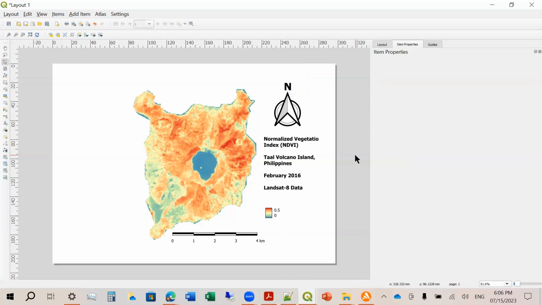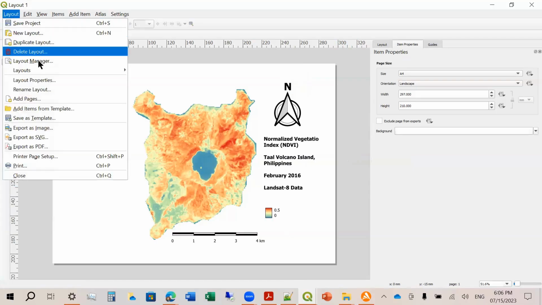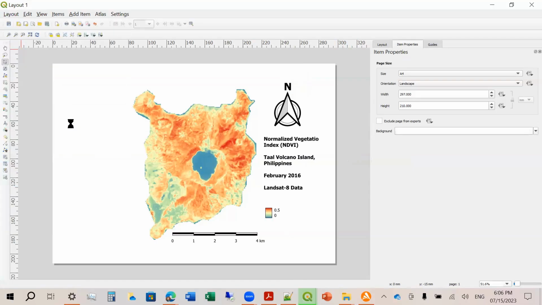So what else? So that's it. Then if you want to, let's try to print this out now. So layout, and then let's say save as PDF or save as image.